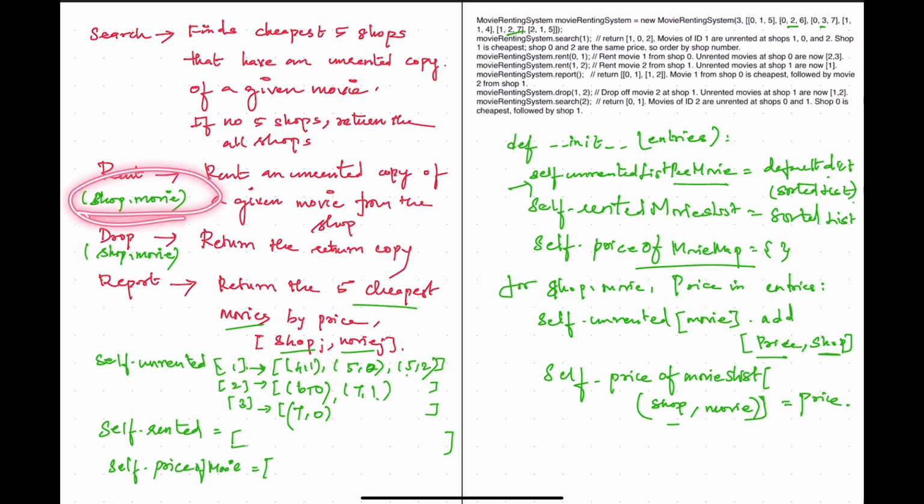Since we are passing only shop and movie, we store shop and movie as a key, and the corresponding value, the price, so that when they pass the shop and movie, we will know, okay, this has a price 4. Like that, 5 comma 1